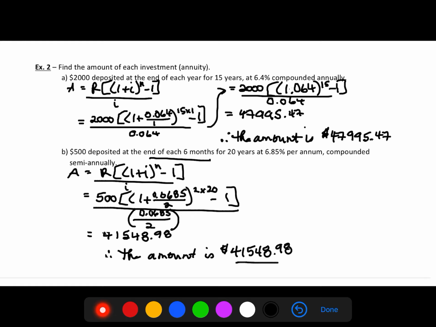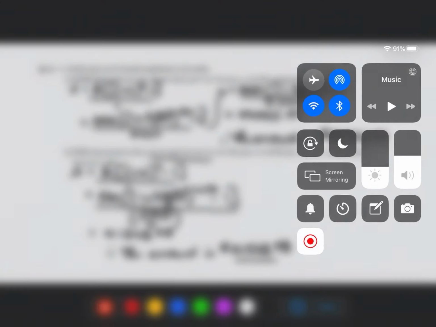So the amount is $41,548.98. And again, if we were looking for interest, we would take away our 40 payments of $500 to see how much was gained in interest. So it's always the difference between what came out of the